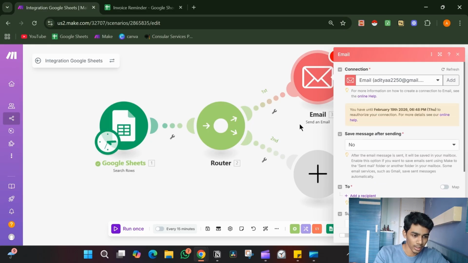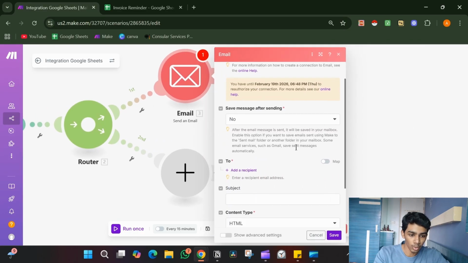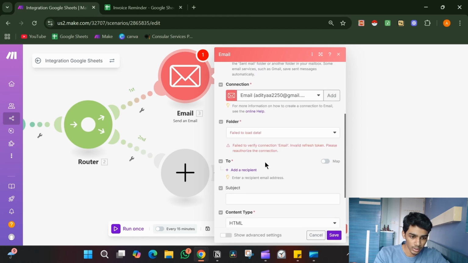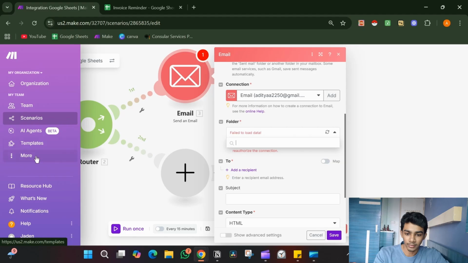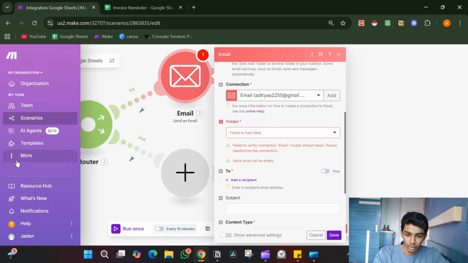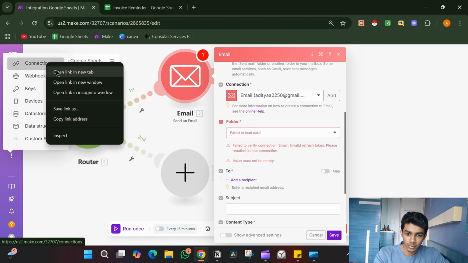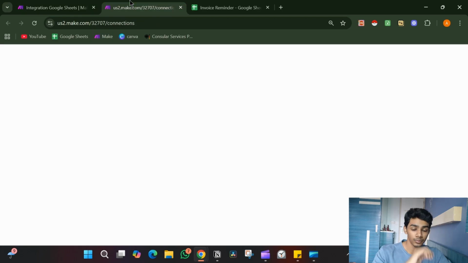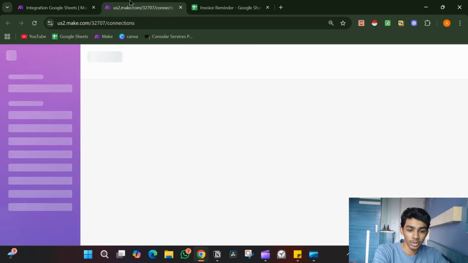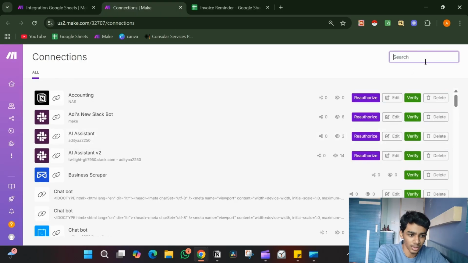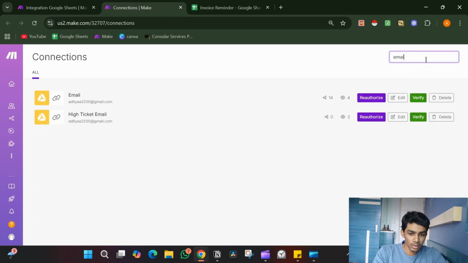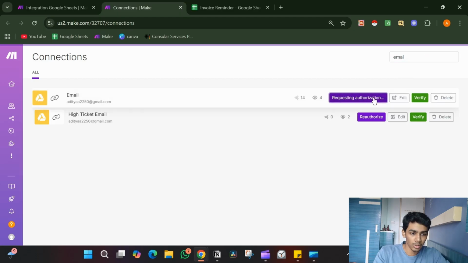The connection should be active, I guess. We'll just know. Let's just do this, yes, and we'll see. Yeah, so the connection is not active. Need to do that first. So if you guys don't know how to reauthorize your connections, just look at what I'm doing right now. It's not difficult to reauthorize your connections. Just click on reauthorize,